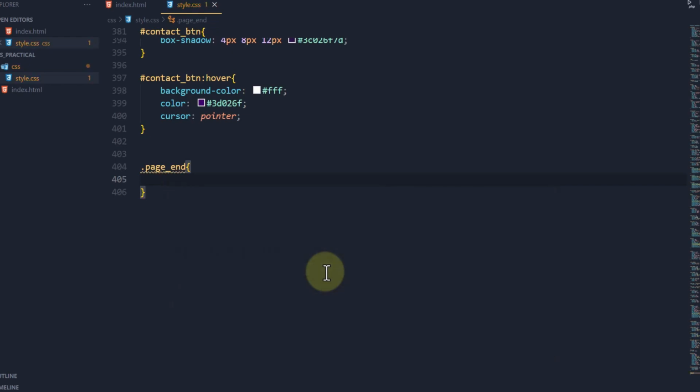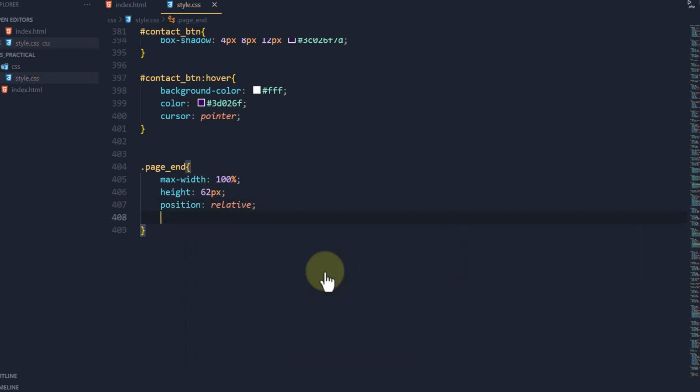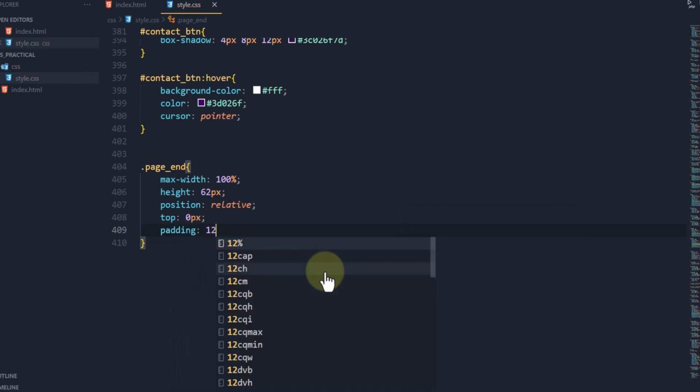Width, max width 100%, height 62 pixels, background position relative, top 0 pixels, padding 12 by 18 pixels,